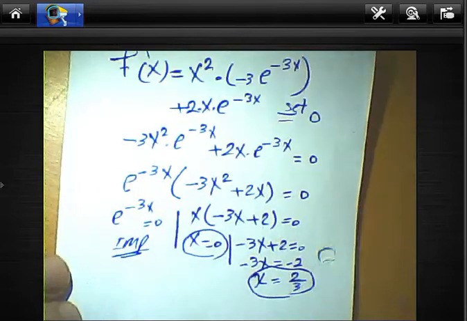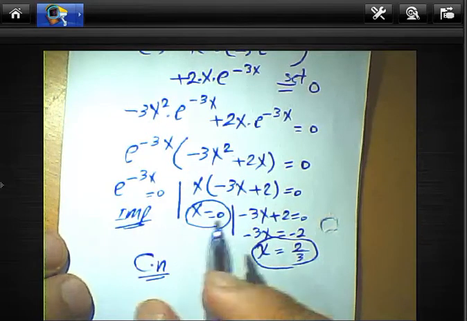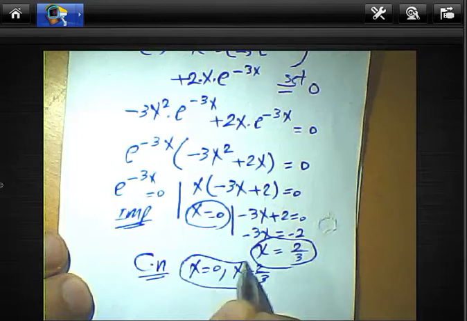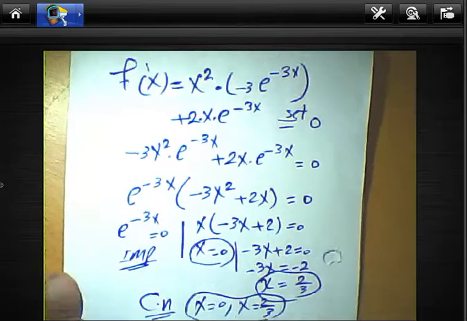Then the critical number will be what? x equals 0 or x equals 2 over 3. These are the critical numbers of this function. Okay,